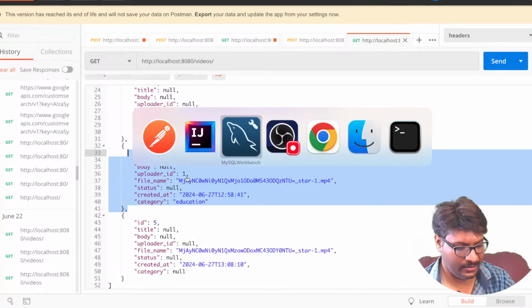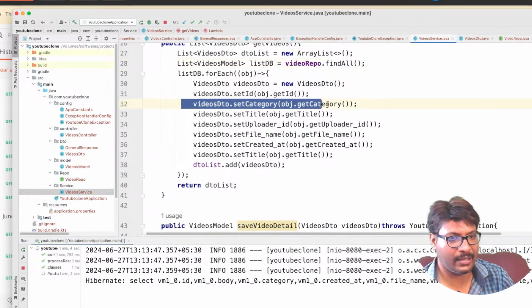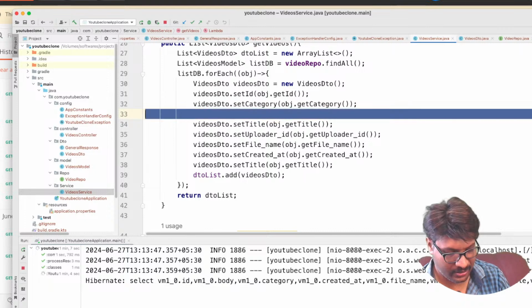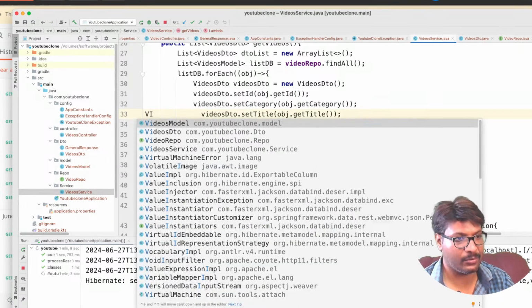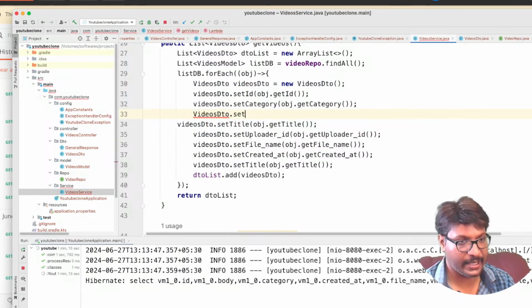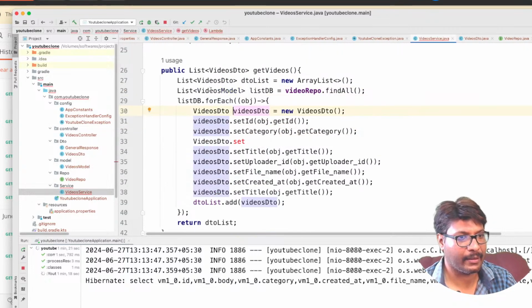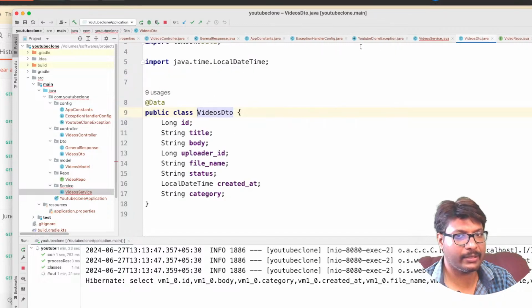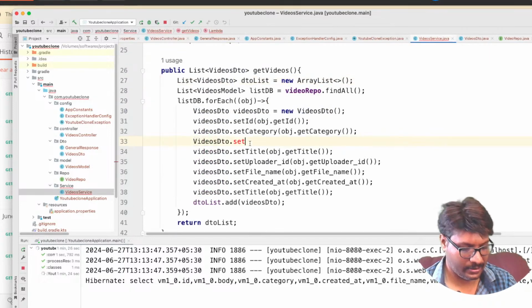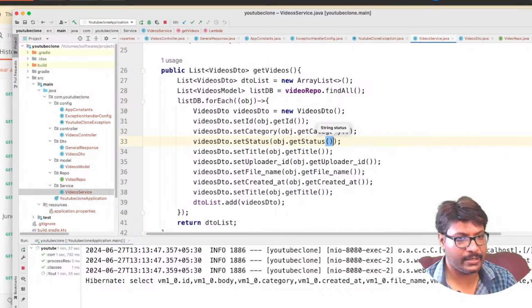Okay, let's check. Are we having the status actually? Because as we are doing everything, we will do it on every first touch, because I don't know whether we will have time to do this later. We will check this one at least. Okay, so set status. Okay, I think I don't have that column in the DTO. Yeah, I'm having it, then why is it not showing set status? Because of the spelling mistake. Okay, set status, here I will mention obj dot get status, and the last one, what is it expecting,